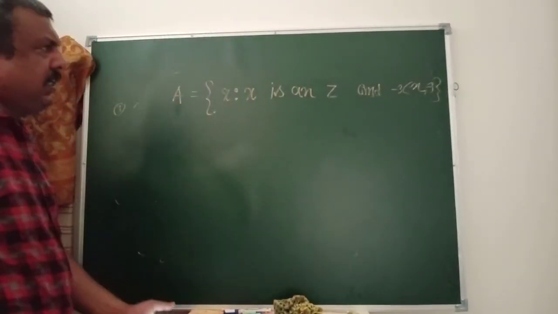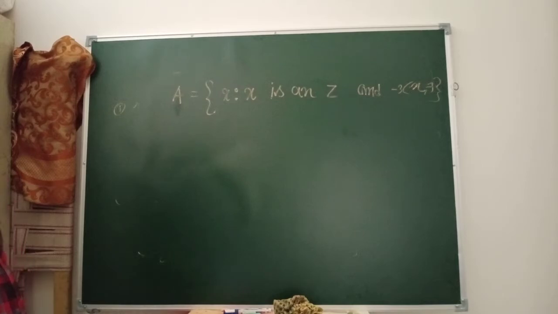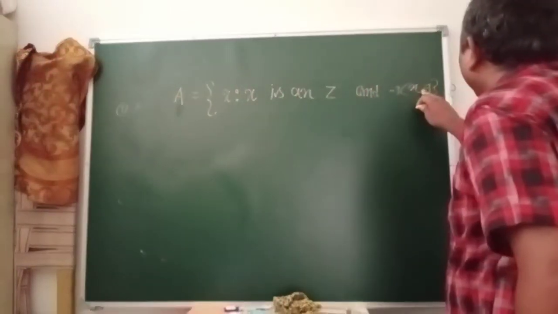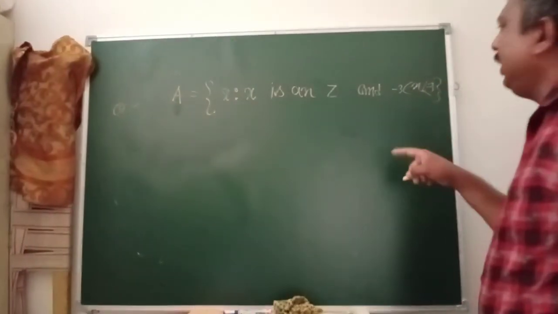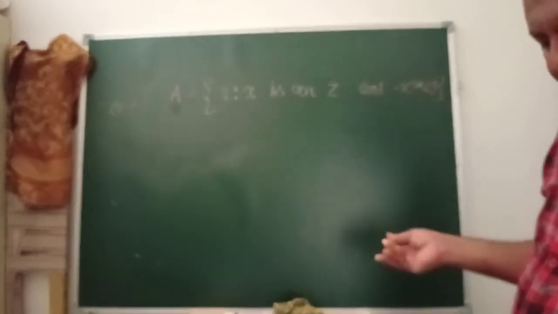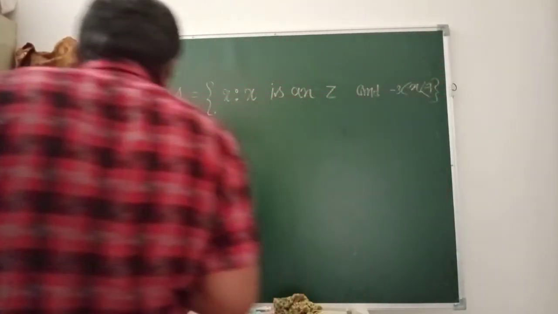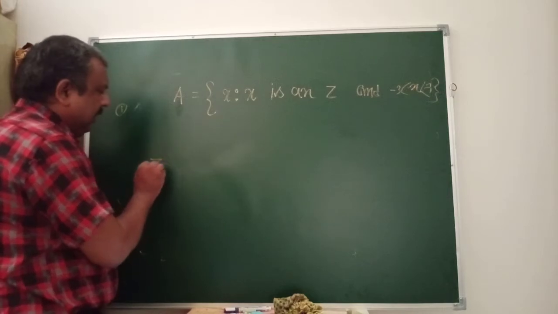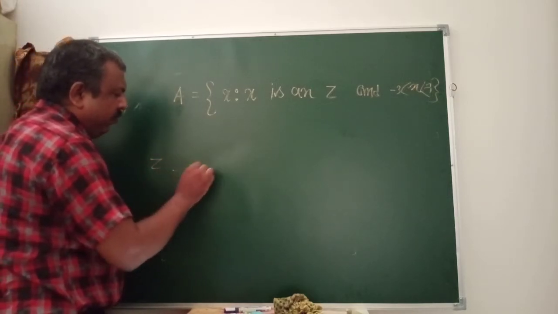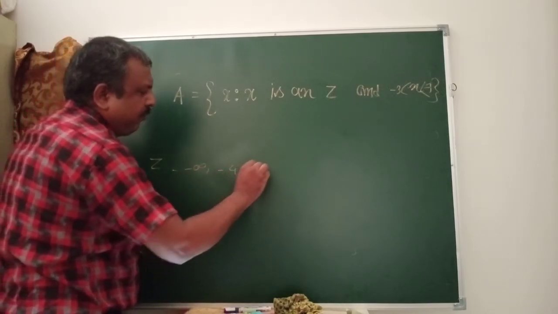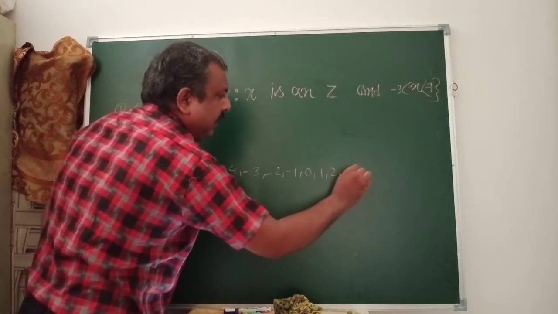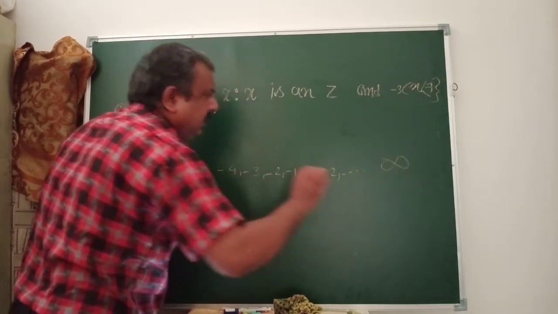ठीक है. रोस्टर फॉर्म और द टेबुलर फॉर्म. टेबुलर फॉर्म का सेकेंड नेम है. I hope it is visible. So how to convert into the roster form? As I told you about the integers. Integers क्या होते हैं? Z and I from minus infinity, है ना, from minus infinity to -4, -3, -2, -1, 0, 1, 2, 3 like up to the positive infinity.